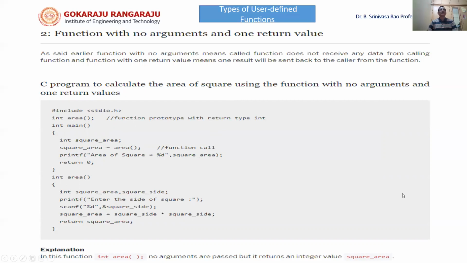C programming to calculate the area of a square using the function with no arguments and one return value. Again, the function name is area and here there are no arguments. And here also the function call is here: square area is equal to area. This is the function call. With the function call, we are coming to the function definition. In the function definition,